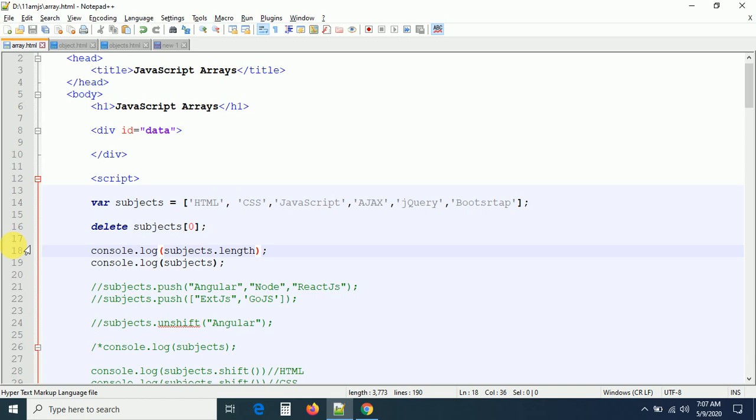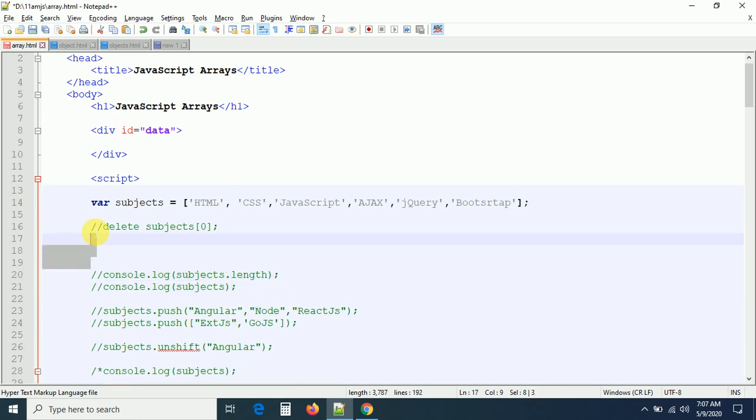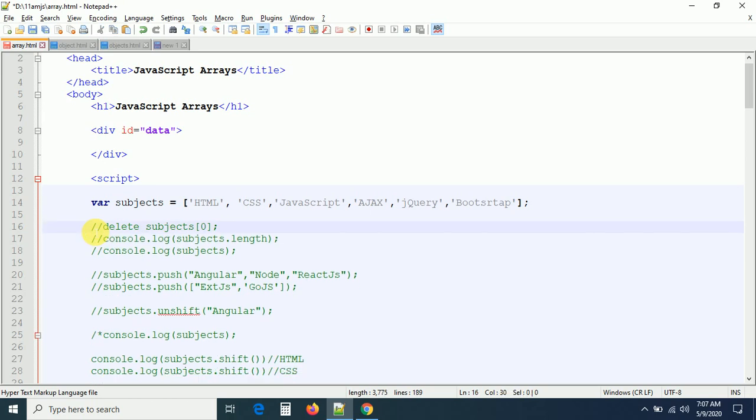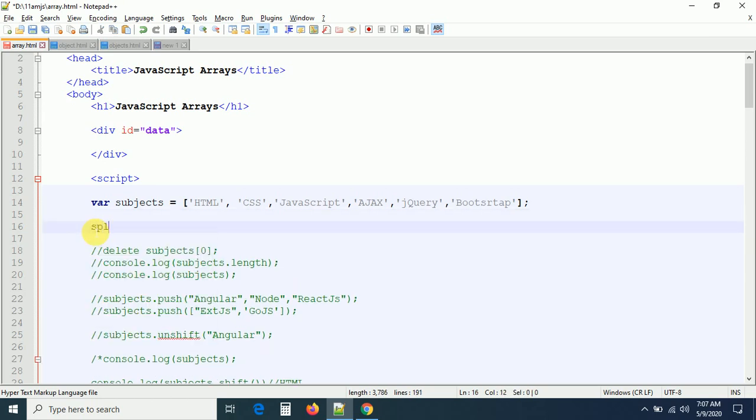So, sir, now the situation: I want to know how we can add an element to an array at a specific position, and how we can remove an element from a specific position. By default, we are able to use the first position and last position. Now I want to add an element, and remove an element from an array, at a selected position. So I have one method here, guys. By using this method, we can do multiple jobs. Array under the splice method, S-P-L-I-C-E. Splice is a method, so let us check with this method.